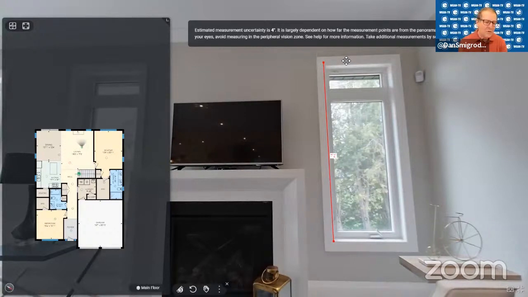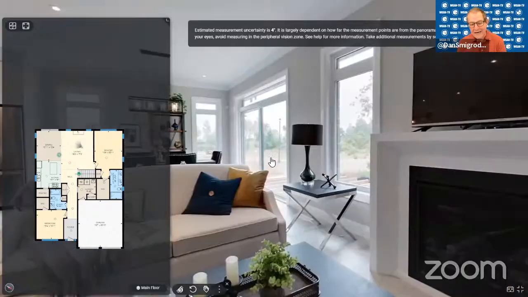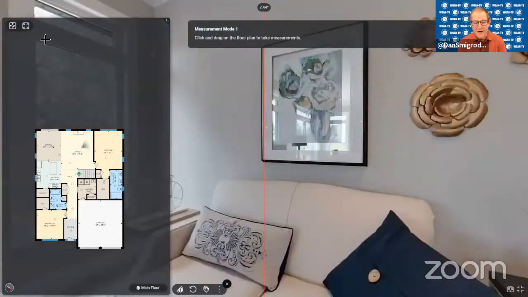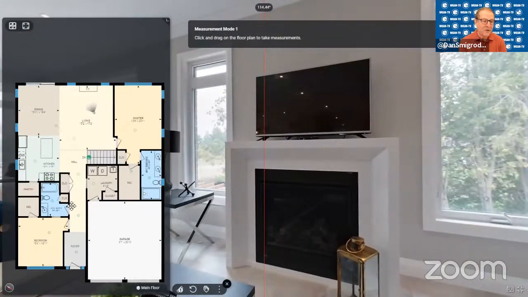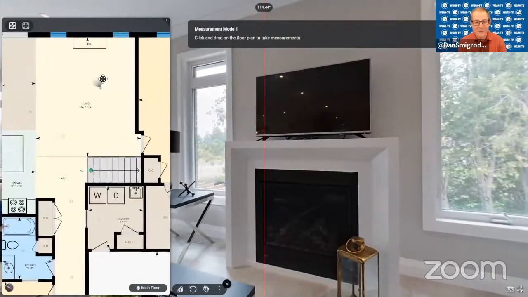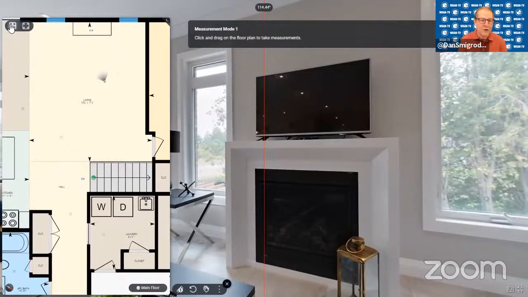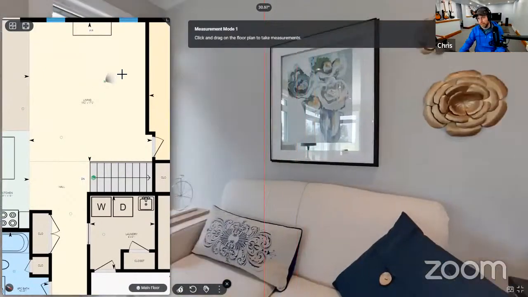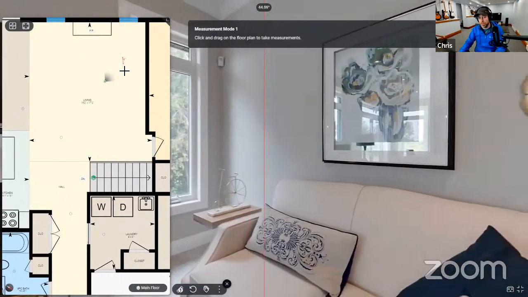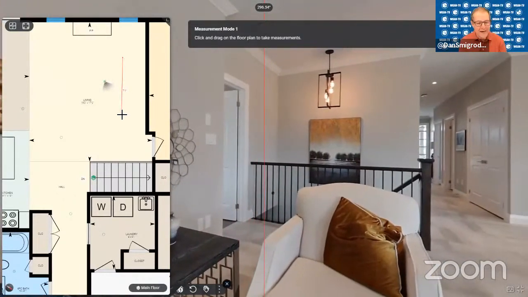Okay, so for most of us doing residential real estate, and for a homeowner doing a measurement within the floor plan, that probably suffices, but it's good to know that there is an advanced feature or two if you need it. Exactly. Most people, the lion's share of people, are going to use measure mode 1 that I'm showing right now, where you measure on screen.